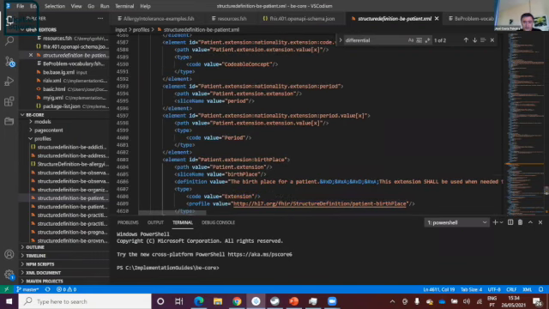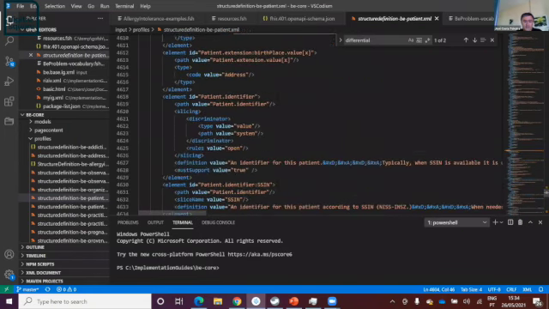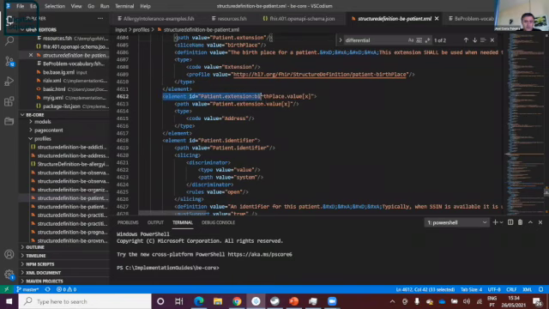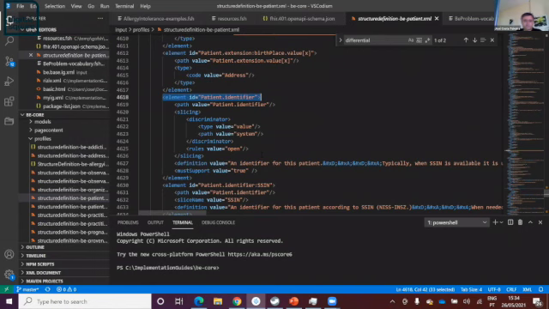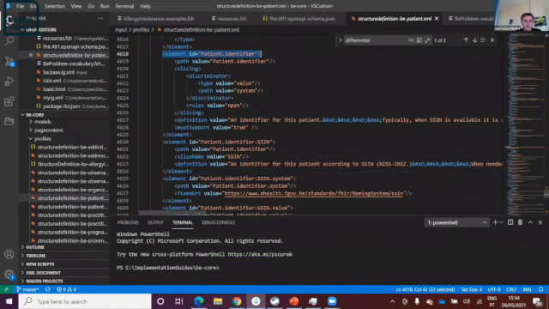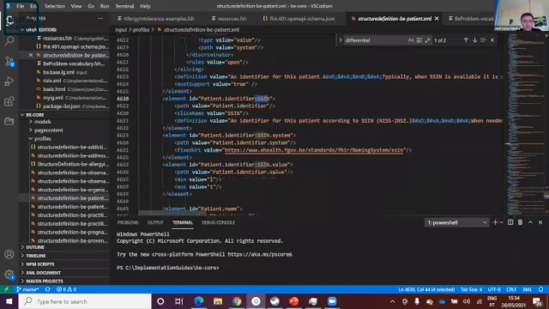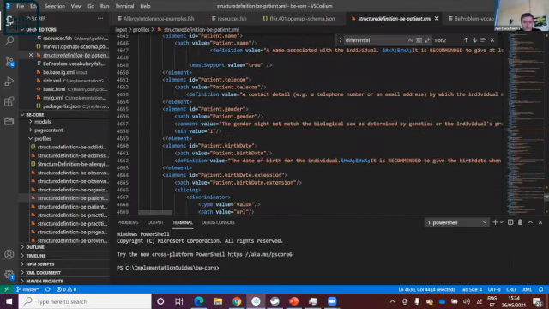So if I have the extension birthplace, and then I have the actual elements of my patient resource. For example, patient identifier. I say that the patient identifier has one slice, has another slice. Let me just look at the name and gender. For example, the element gender. So patient. This is what it says. Patient gender